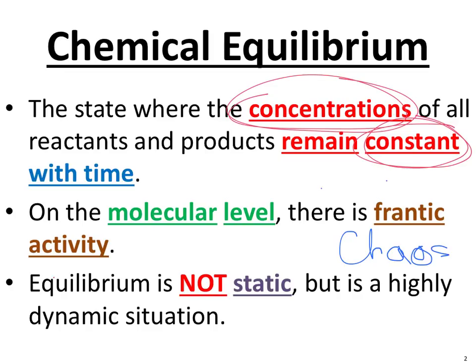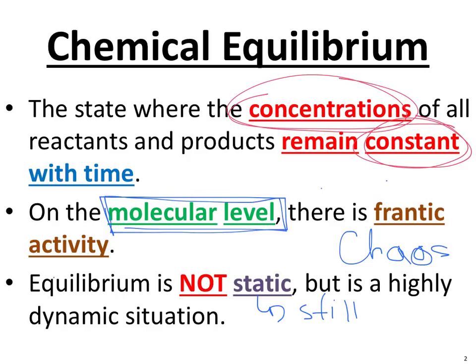But equilibrium is not static. And what does static mean? Still. Okay. Equilibrium is not still. It's constantly moving. But what's the problem with us and equilibrium? And those last two little bullets. The Earth doesn't like to be at equilibrium. This right here in this blue box. Can you see that? No. That's the problem. The molecular level is going crazy, but you can't see it,